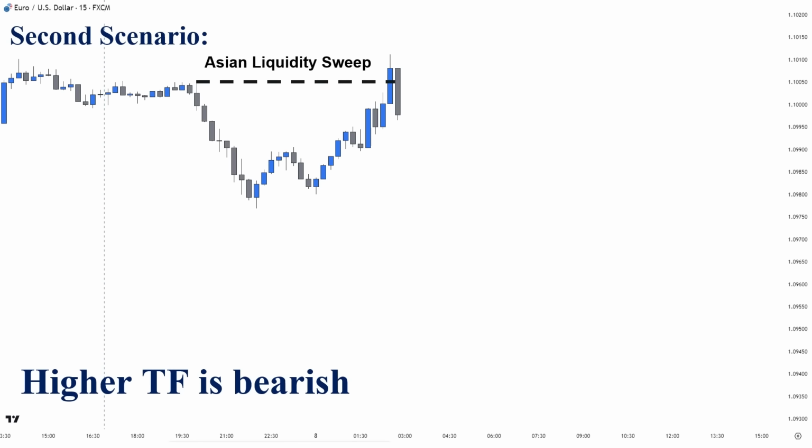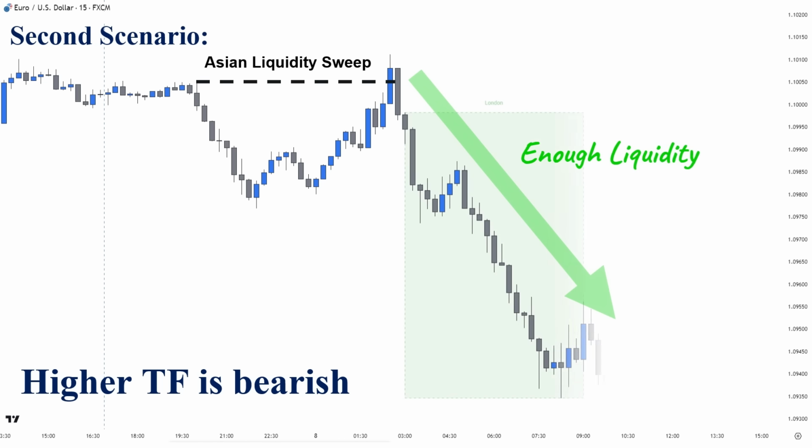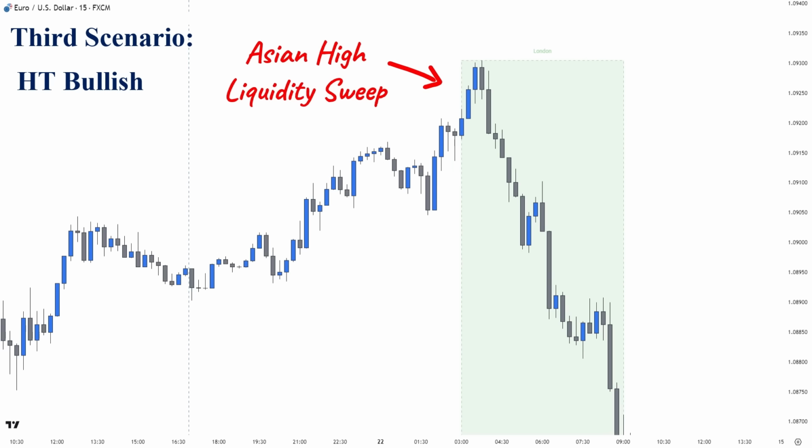Now, in the second scenario, the market has gathered enough liquidity before the London Killzone begins. So the price continues to move in the direction of the higher time frame. Once again, we can make optimal trading decisions by combining the higher time frame direction, key levels, and lower time frame confirmation. In the final scenario, the price heads for sweeping liquidity beyond the high or low of the day